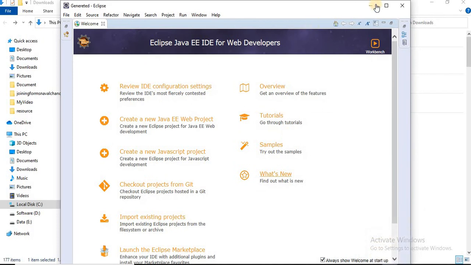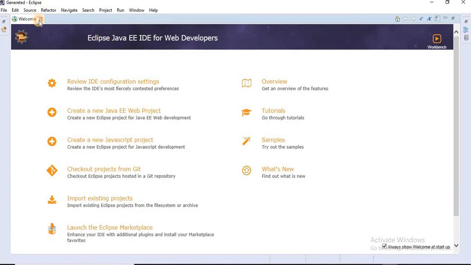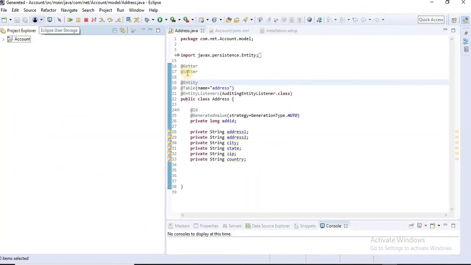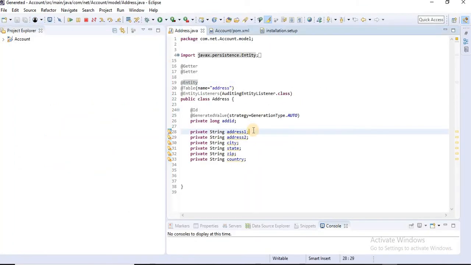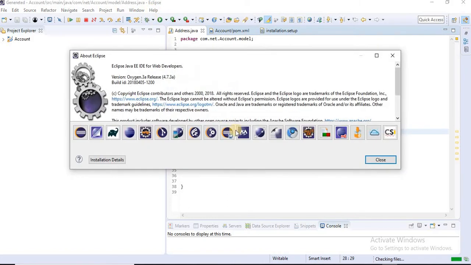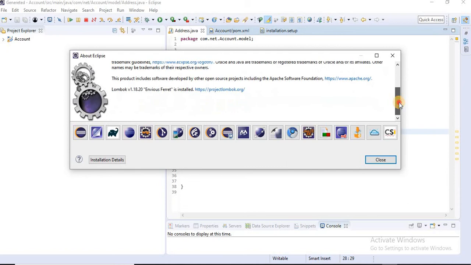Once our Eclipse restarts, we will open the project again. Let's save. Let's check in Help, About Eclipse.